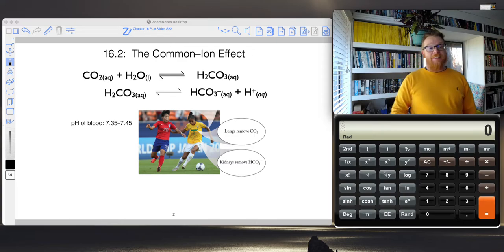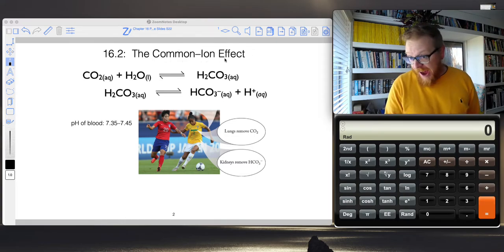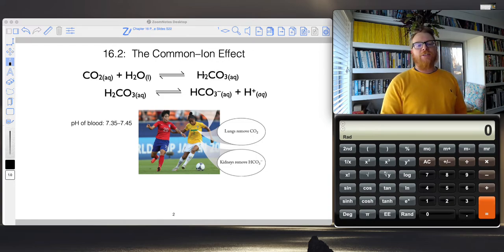Okay, folks, so let's get into this and start talking about the common ion effect. To do that, we're still going to talk about CO2, but a completely different example. Okay? And so I want to talk about